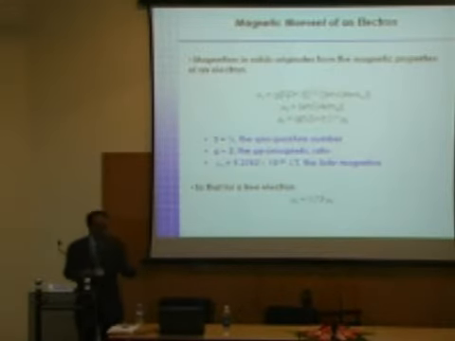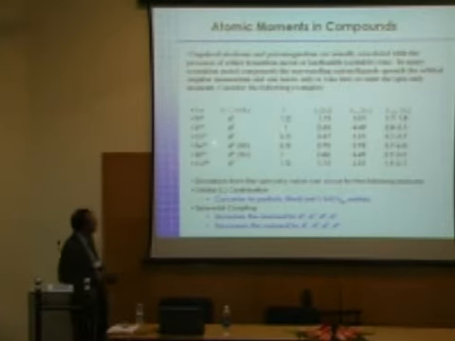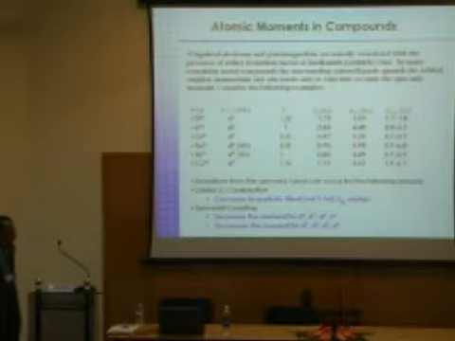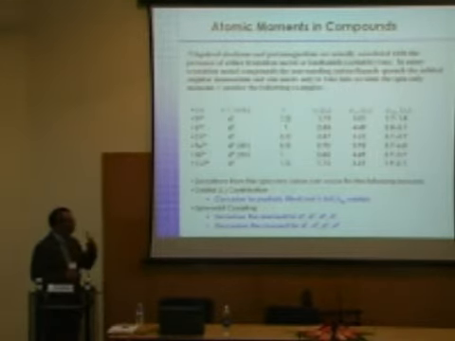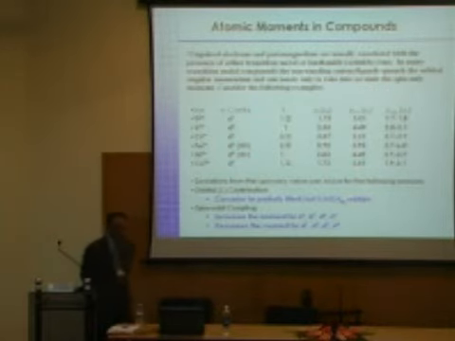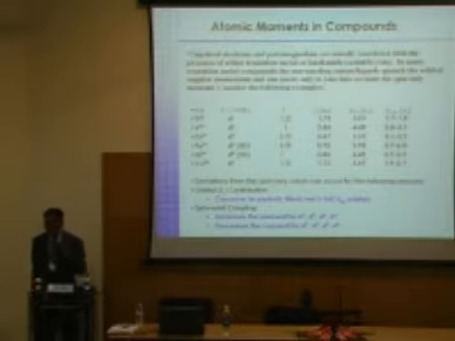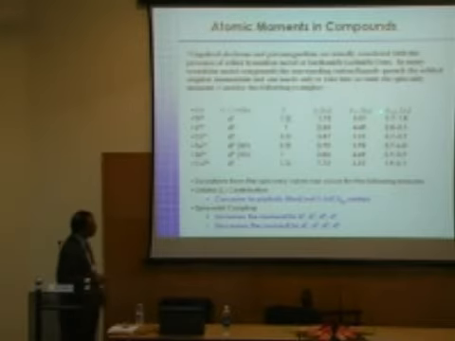You'll get only spin-only type of moment. So we'll try to see those cases. If you look at titanium 3+, which is a D1 configuration, that means there's only 1 unpaired electron in this. The total spin quantum number is 1/2 because there's only 1 unpaired electron. And if you calculate the magnetic moment using the equations that I showed you in the previous slide, that comes to around 1.73, assuming only spin-only contributions. But if you also assume the orbital contributions plus the spin contributions, the total comes to about 3.01.